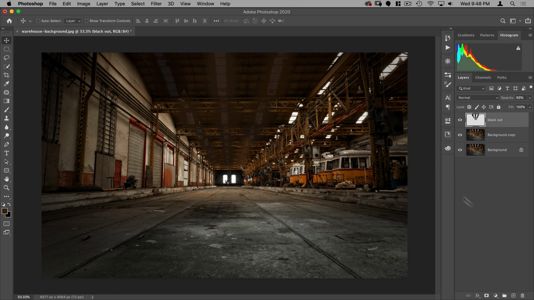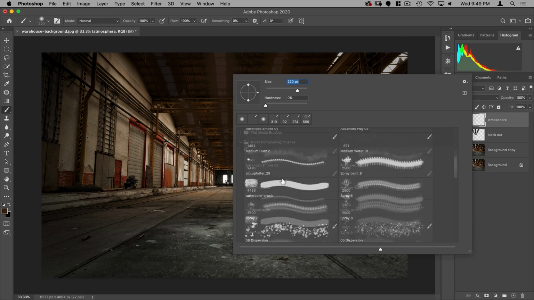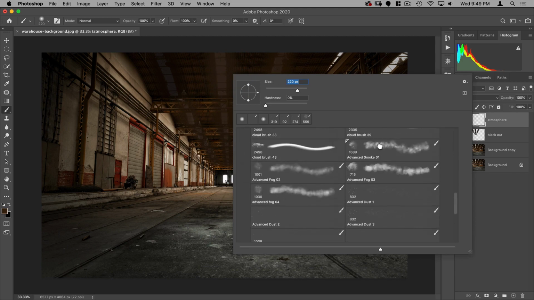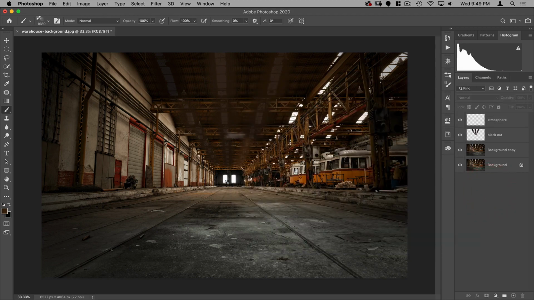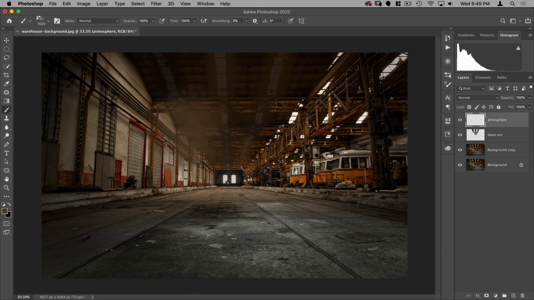I'm going to take the opacity down just a touch so that we still see a little bit of the original texture there. Next, I'm going to just paint in some atmosphere and kind of knock back the contrast in the background of this image. So let's call this atmosphere. I'm going to go to my brushes, so B for brush, right mouse click, and then go down to my atmosphere brushes, and I'm going to select Advanced Smoke 01. And then select kind of a medium color that's not too dark and not too light, so something around here, and then just start painting.